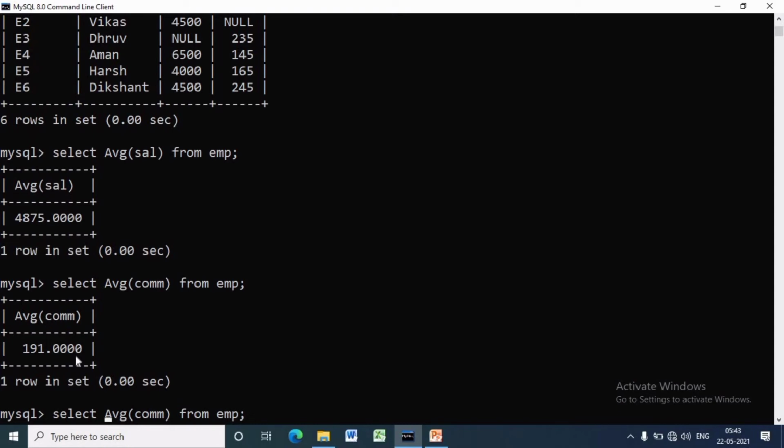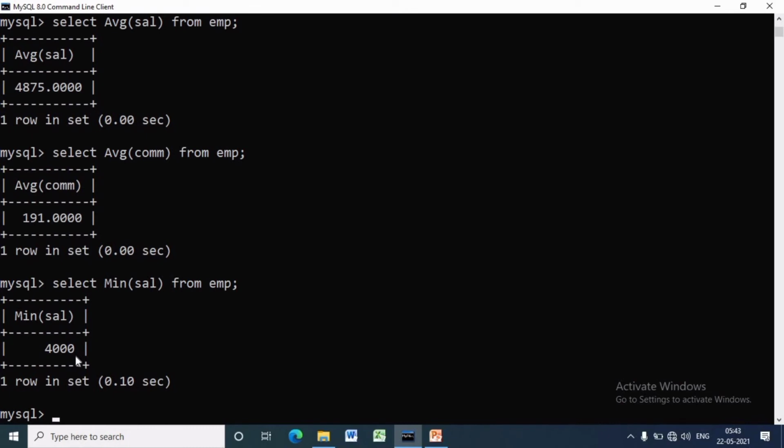If we want to calculate the minimum salary of the employee table, we have to write SELECT MIN(salary) FROM EMP. It will calculate the minimum salary of the EMP table, which is 4,000 in our case. To calculate the maximum salary of the EMP table, we have to write SELECT MAX(salary) FROM EMP.